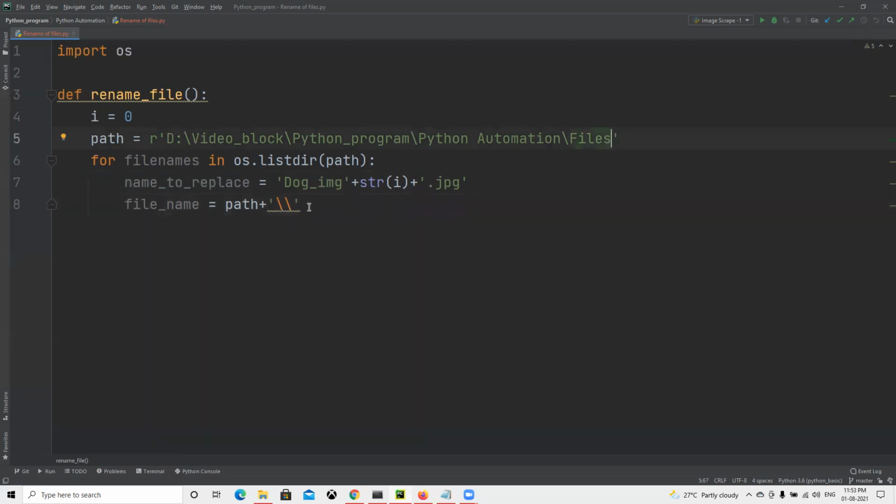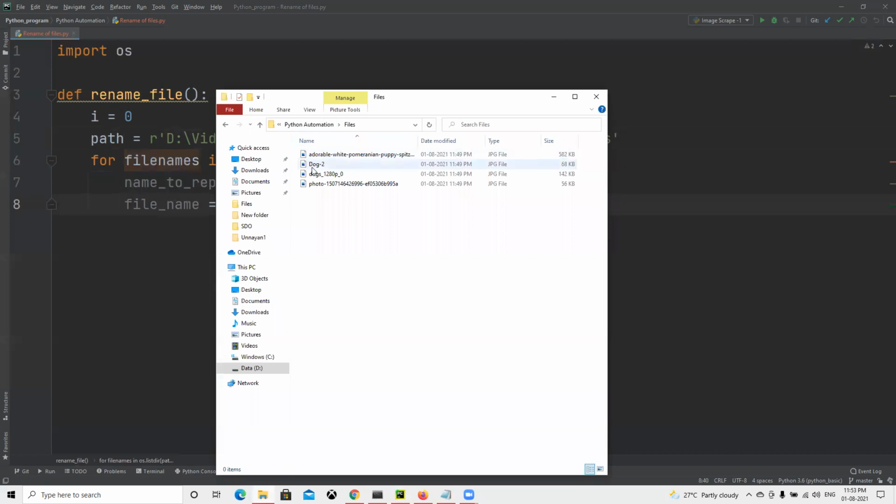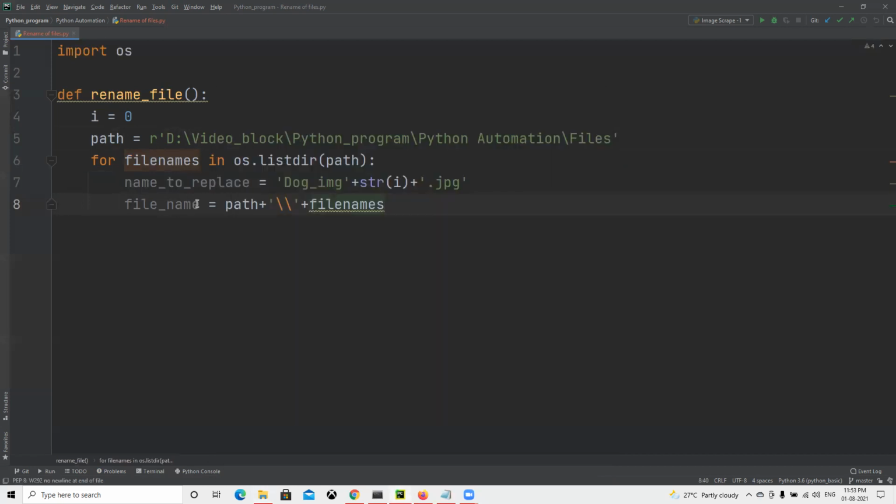So this one we need to pass as double slash plus file name, whatever file name we are getting from here. So this one I will take. Plus file name, so that we can get the exact name, whatever it is here. Just like for this one, if we go dog hyphen 2, we'll get it in file name.